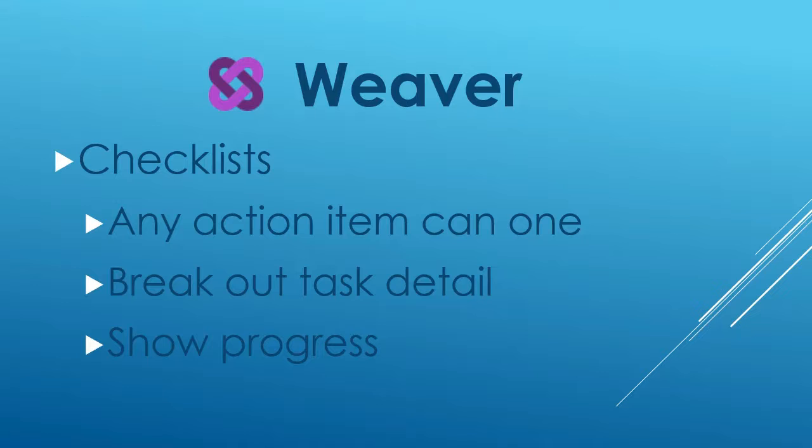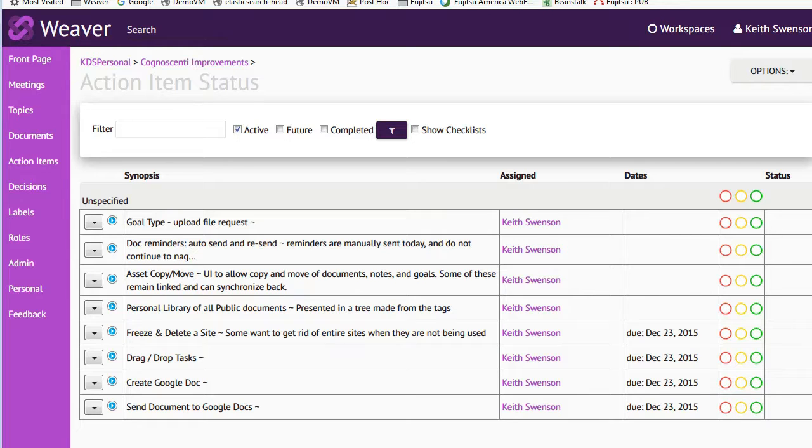So you don't need to assign it to different people. You don't need to put separate deadlines on them, all that kind of stuff. But you just want to show that there's these separate things being done so that you can show progress. Here's a list of action items. Some of them are a little bit out of date here, but if you click on the action item detail,